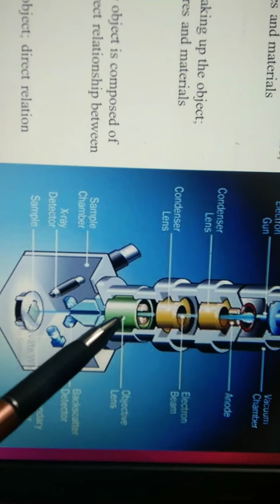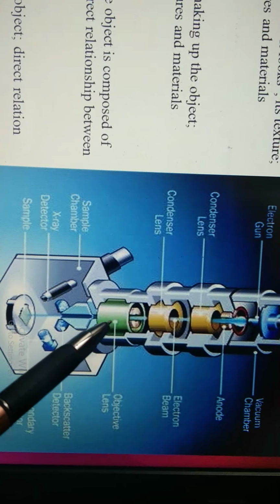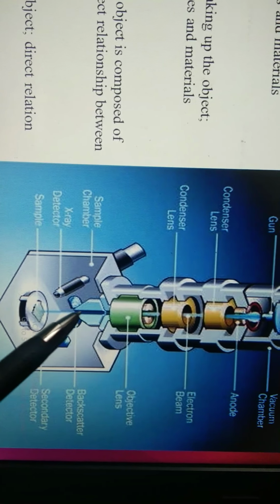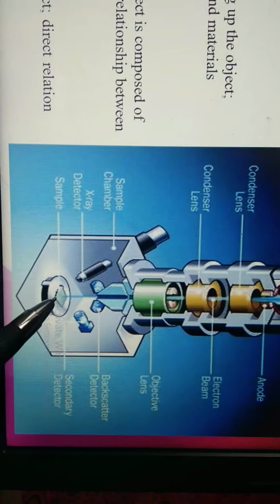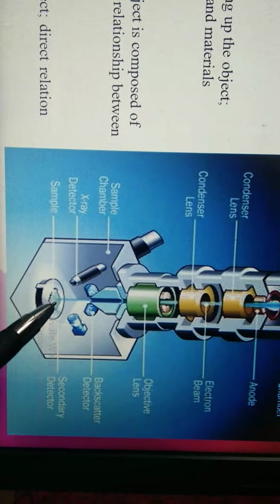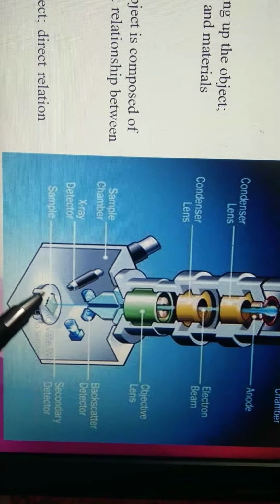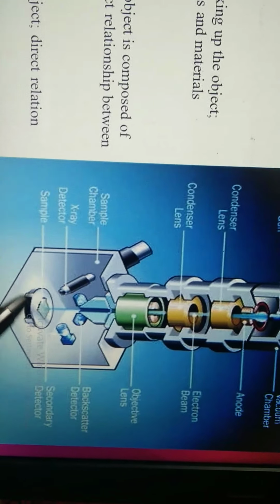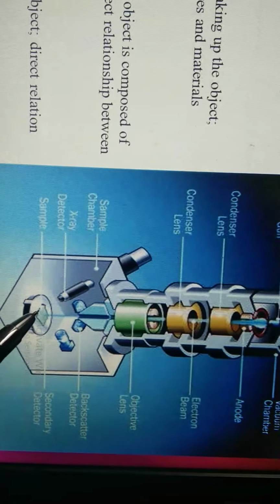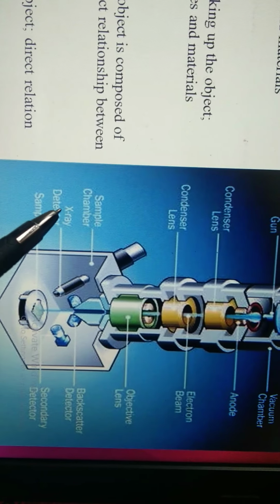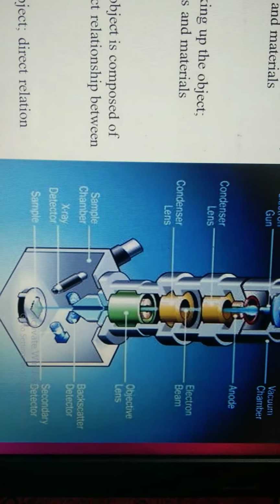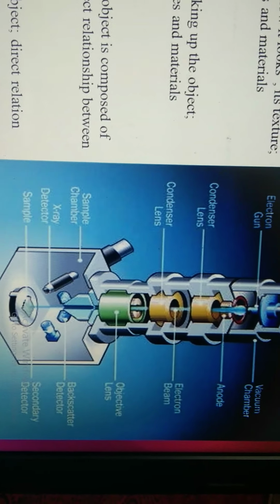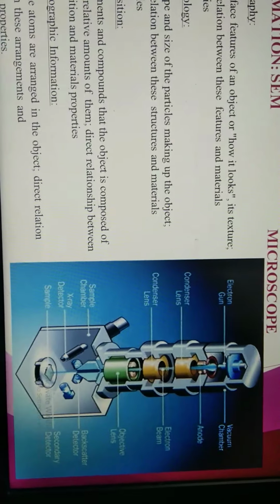Then this comes towards the objective lens that receives all the electron beam, and from the objective lens it is focused towards the sample which is kept over the scanning coils, and there is scanning about 30 times in a second. After the specimen interacts with the beam, electrons are ejected, that is the X-rays, backscattered electrons and secondary electrons that are detected, and there is also the Auger electron which is emitted after the electron beam interacts with the specimen.